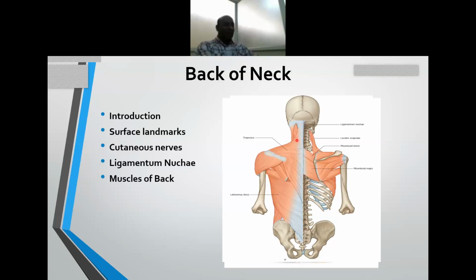Okay, and these fibers, they all converge and they go and attach onto the scapula, as you already know. Okay, so if you want to go to the back of the neck muscles, the proper back of the neck muscles, then you have to actually remove the trapezius. Okay, once you remove the trapezius, then you will reach the back of the neck muscles. Okay,